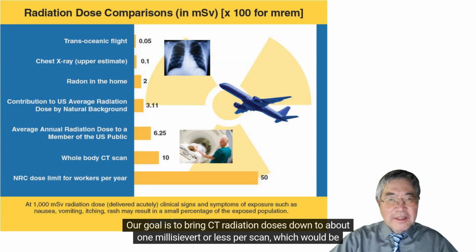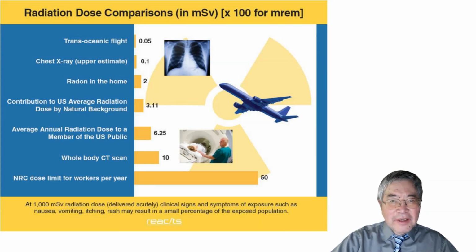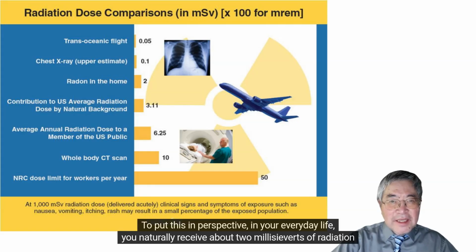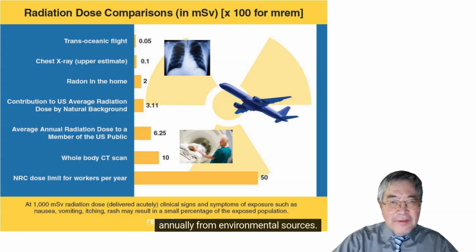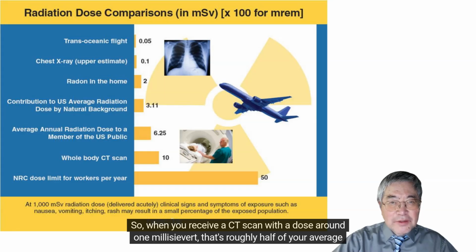Our goal is to bring CT radiation doses down to about 1 millisievert or less per scan, which would be considered comparatively safe. To put this in perspective, in your everyday life, you naturally receive about 2 millisieverts of radiation annually from environmental sources. So, when you receive a CT scan with a dose around 1 millisievert, that's roughly half of your average yearly